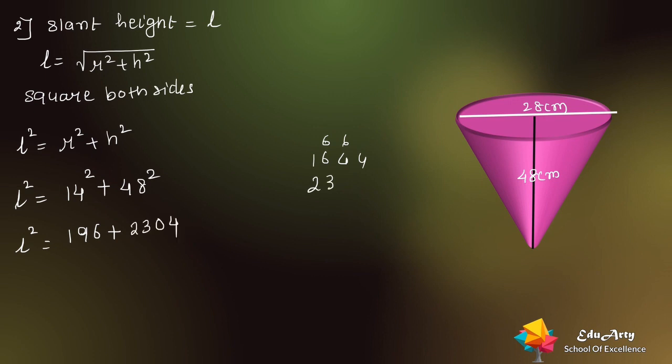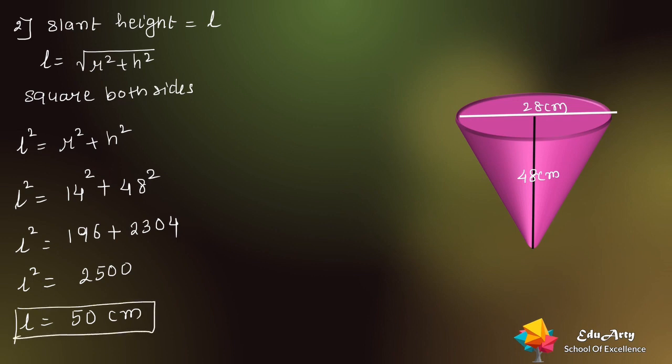2304, करेक्ट। अच्छा, तो दिस विल गिव यू नाउ व्हाट, एल स्क्वायर विल गिव यू व्हाट, ये टोटल करो इसको, दिस विल बी टोटल 2500, ऑब्वियसली एल कितना आएगा फिर अपना स्लांट हाइट विल बी व्हाट, इट विल बी 50 सेंटीमीटर, स्क्वायर रूट लोगे ना आप दोनों तरफ, तो आपका आंसर आएगा 50 सेंटीमीटर, ठीक है।